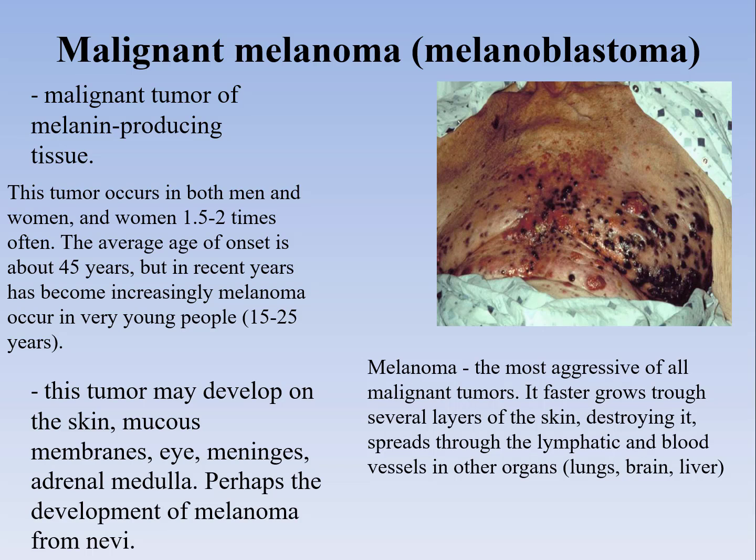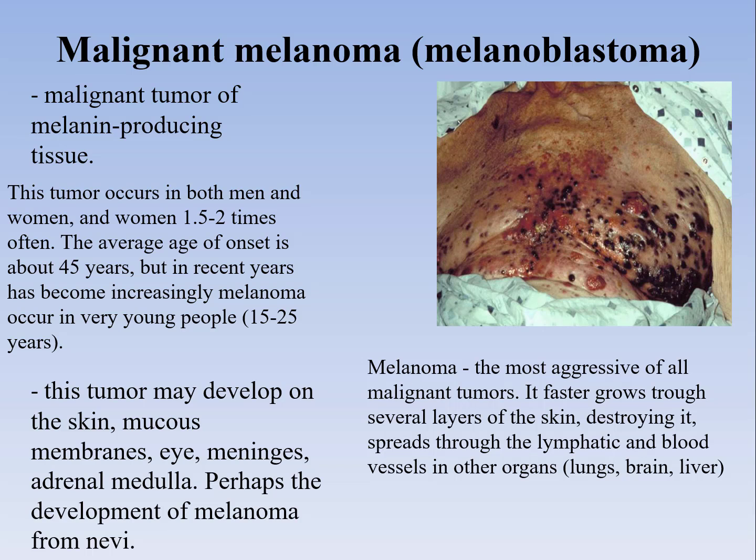So now about the malignant melanoma or melanoblastoma. Malignant tumor of the melanin-producing tissue. This tumor occurs in both man and woman, and in the woman 1.5 to 2 times more often than the man. The average age of onset is about 45 years old, but in recent years melanoma has become increasingly common in very young adults,